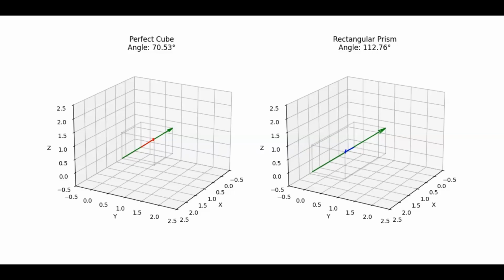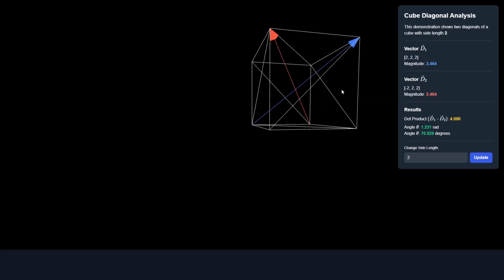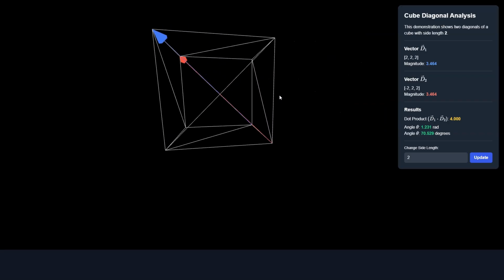The first animation illustrates how the internal geometry of a 3D shape dictates the closeness of its central paths by comparing the static magic angle of a cube to the variable angles of a rectangular prism. In a perfect cube, the angle between diagonals remains a geometric constant of 70.53 degrees, a value fundamental to